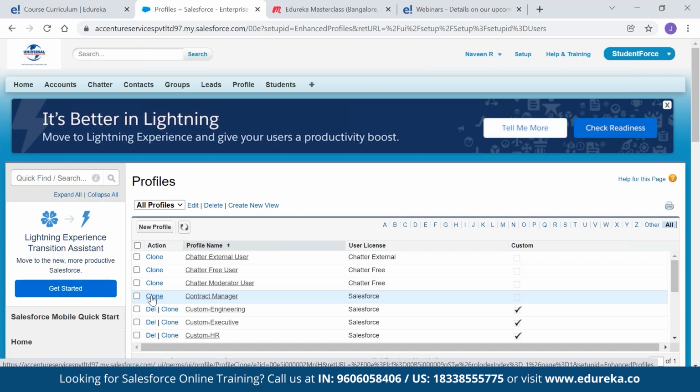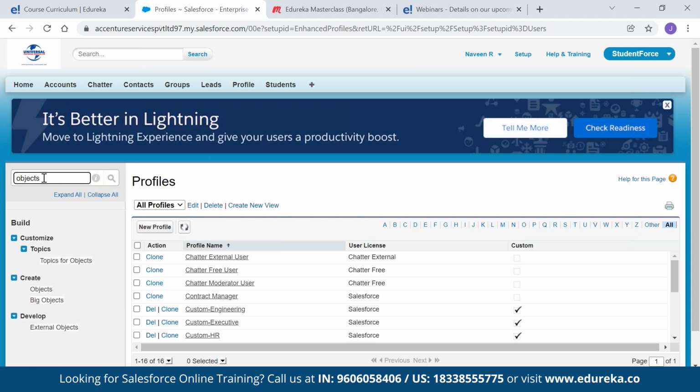Now we have seen the standard objects. If you want to create a custom object in Salesforce, we have seen the students object, which is a custom object we created.